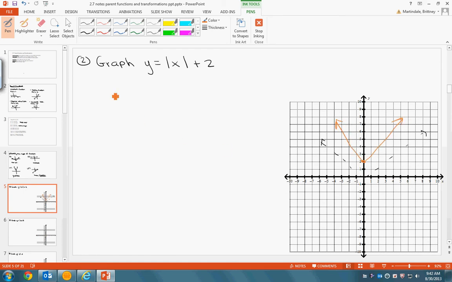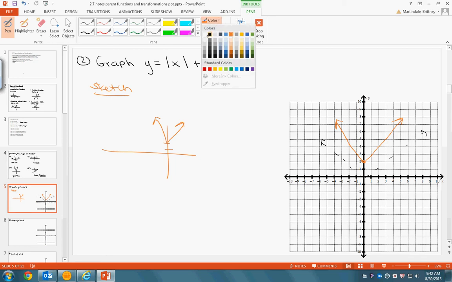And that's it. If I say sketch a graph, that's good enough. All you have to do is just go up 2 and make a V. And that's fine. Just make sure it looks like a V and not a U. However, if you really want to and you want to make it perfect,